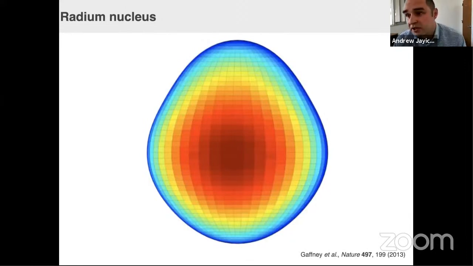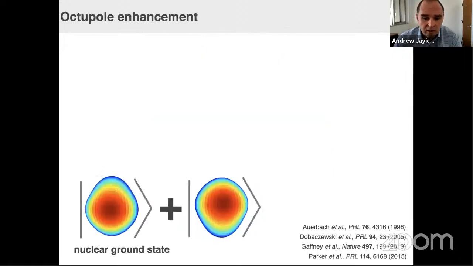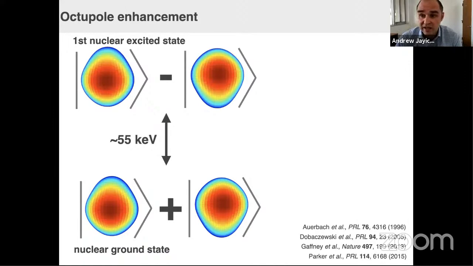Radium gets this extra feature though. So, you have a nice enhancement because you're at the bottom of the periodic table, but it also has this special nucleus that's octupole deformed. Not many elements have such a nucleus. What this really looks like in the ground state, there's a parity doublet of this octupole deformation up plus octupole deformation down. You expect to find an opposite parity doublet somewhere. In radium, it's 55 keV above the ground state. Okay, that energy scale is pretty small on the scale of nuclear physics.